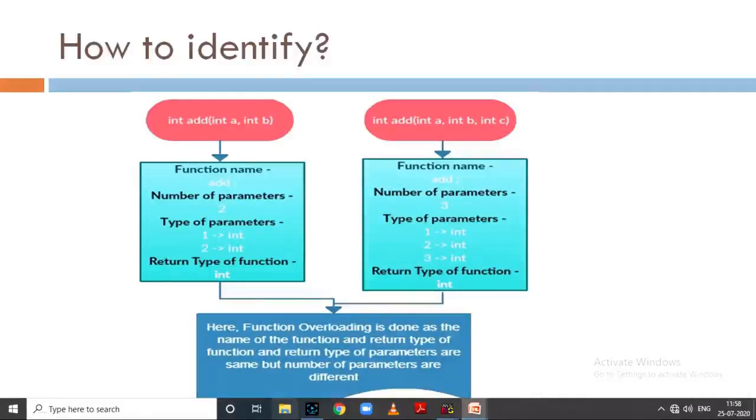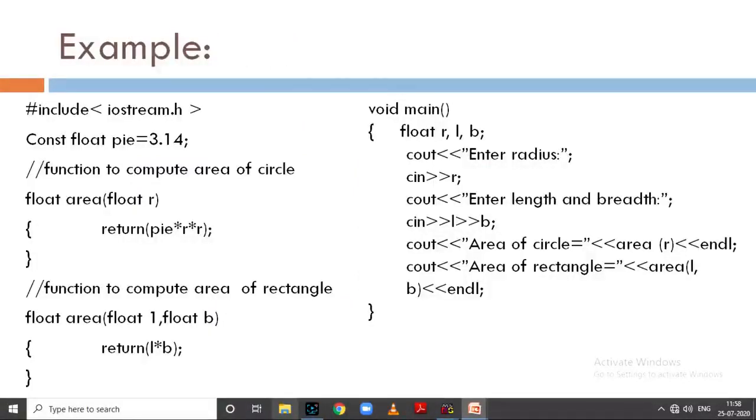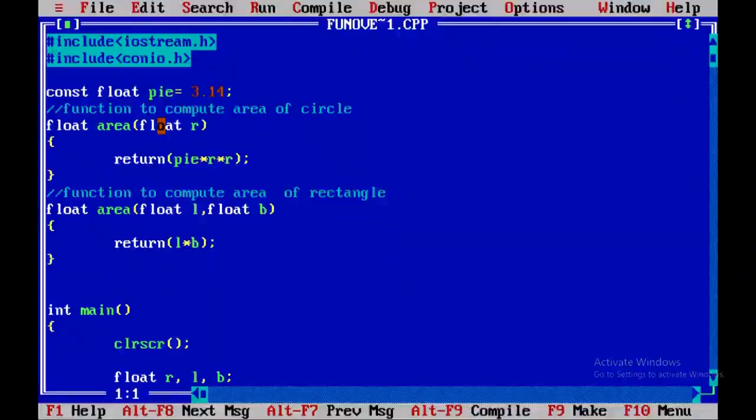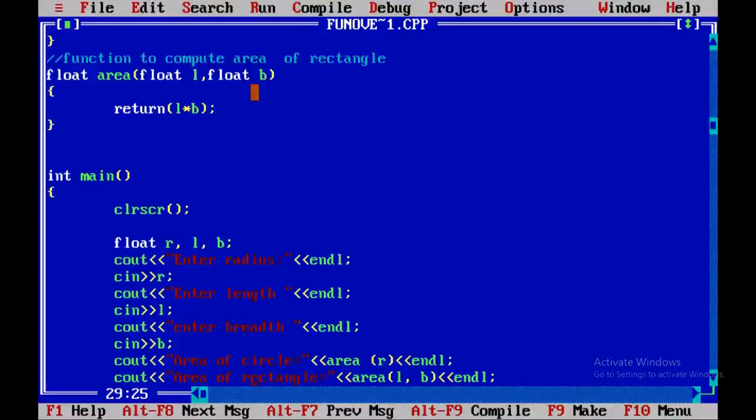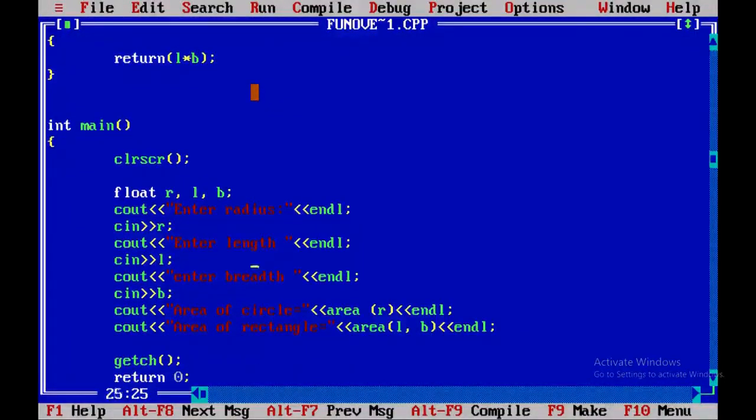So let's run the program. Once again, I have taken const float pi equal to 3.14 as a constant value and use it in calculating the area of a circle, and another area function having two arguments L and B. In int main I have specified the values of R, L and B and then pass them to the function area.